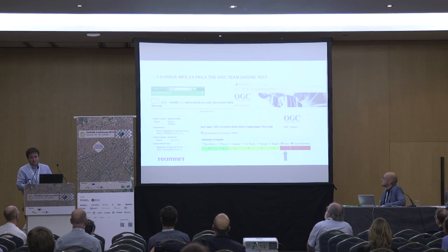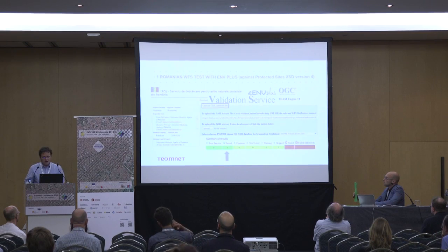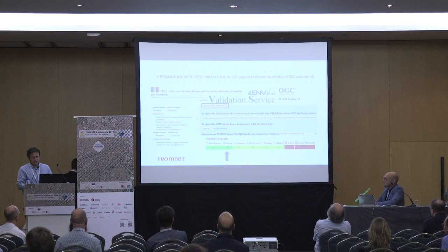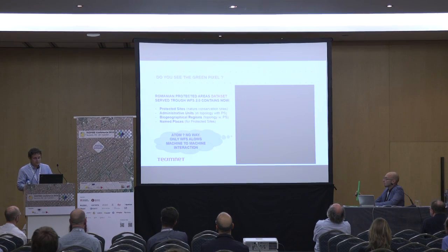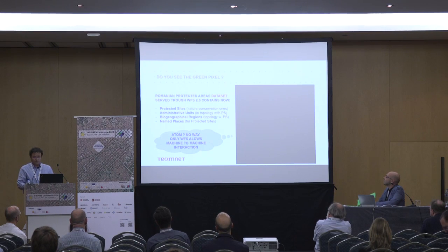Now we took the Cyprus WFS. We remember that there were two WFS. Because there is no complex validation right now for administrative units, we took the OGC validator, and it fails again. Now we took our WFS, which we wanted to pass all the tests, and we were able to validate it against the EN plus validator as well. So we validated not only the schema, but all the values, thanks to the validator made by Epsilon Italia in a project. Now we can see this black cube. The dot which is green there is the only service passing the test from all the data services which currently exist in